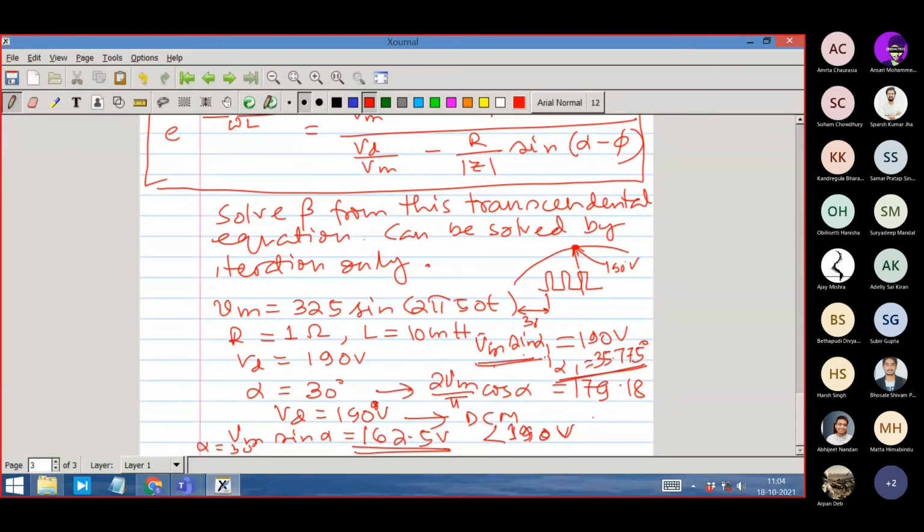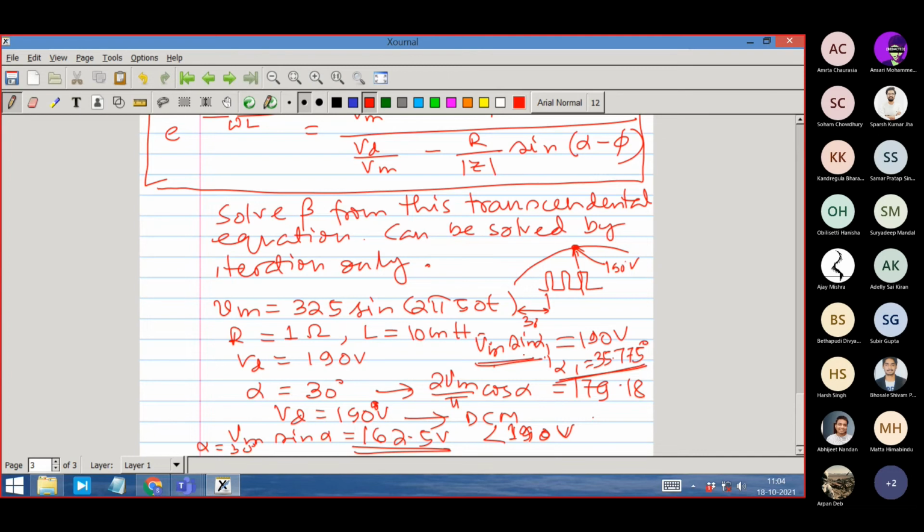So at that point they're just becoming equal, and subsequently the input voltage is increasing, becoming more than the DC voltage. So the thyristors will be forward biased and can conduct. This sort of subtle thing you also have to observe. If I had given the same problem with alpha equal to 45 degrees, it would not have been a problem. The conduction would have initiated at alpha equal to 45 degrees, because at 45 degrees the input voltage Vm sin 45 degrees is greater than 190 volts.